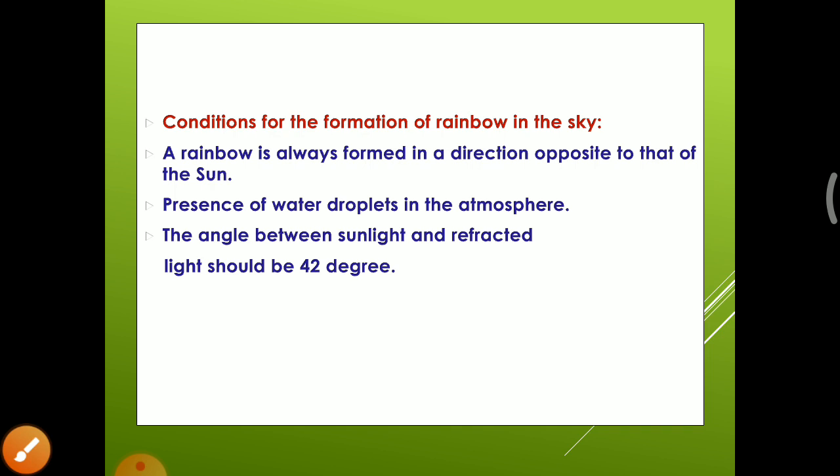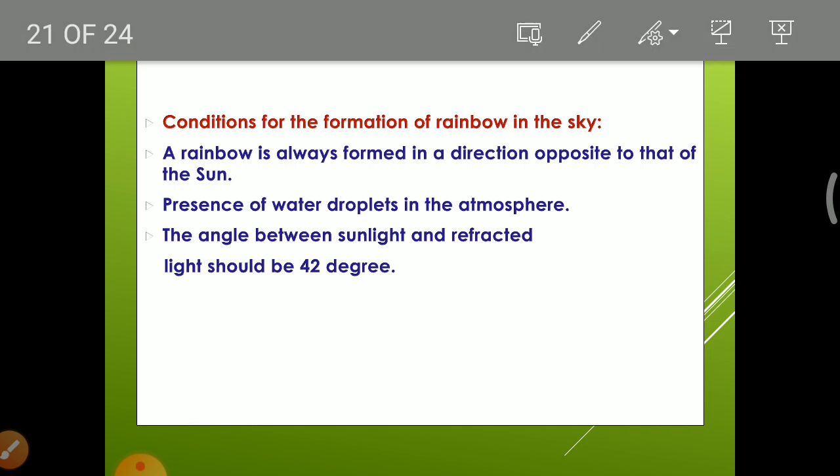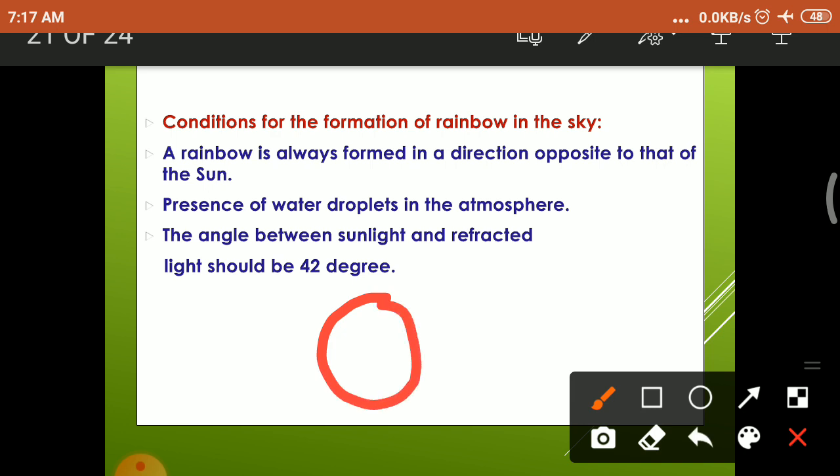The next one is the presence of water droplets in the atmosphere. After a rain shower, the rain droplets must be present in the atmosphere. If there are no water droplets present in the atmosphere, there is no rainbow formation. The rainbow is always formed in a direction opposite to that of the sun. Maybe this is the sun, and this is a water droplet. So when the light falls on the water droplet, the rainbow is formed,